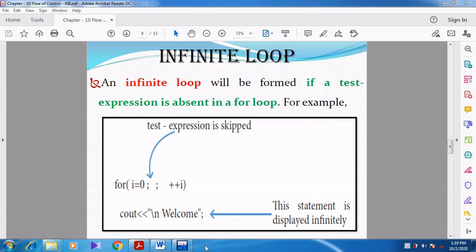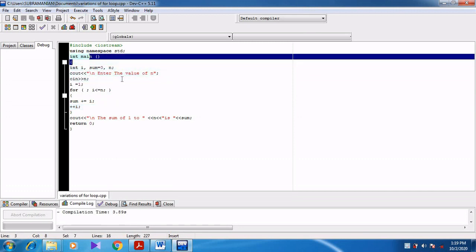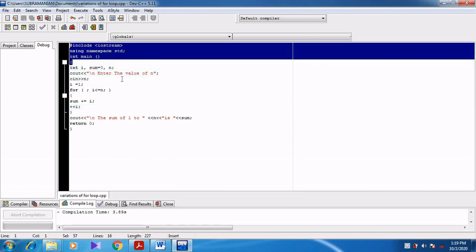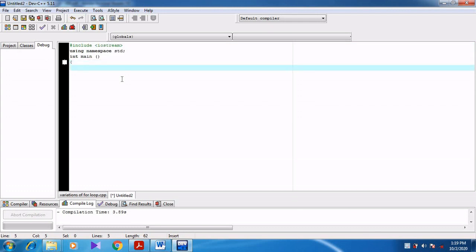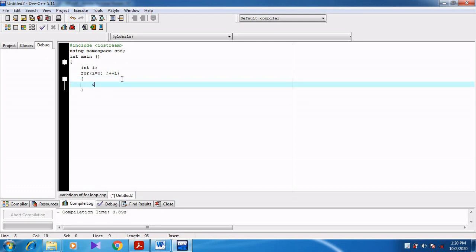Now I can show you this infinite loop in a program, in a practical manner. Here I am going to display the infinite loop. I am using a for loop, int i is equal to 0, the declaration and initialization are done here. Then I leave a space, the condition is not given, then i plus plus. Now I am going to print welcome.